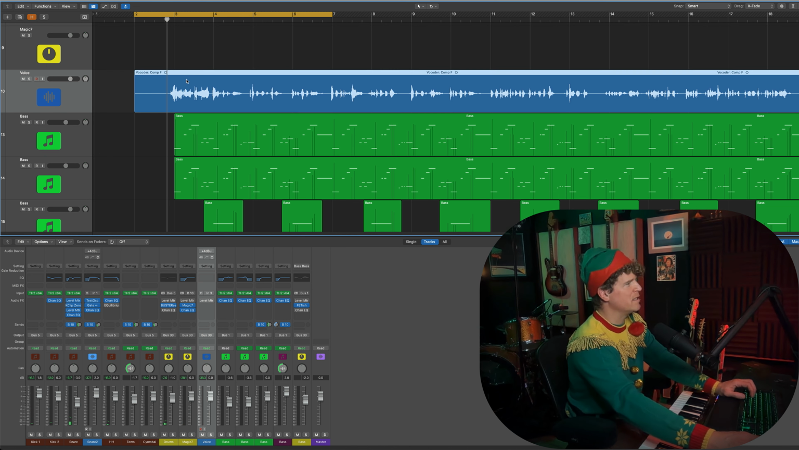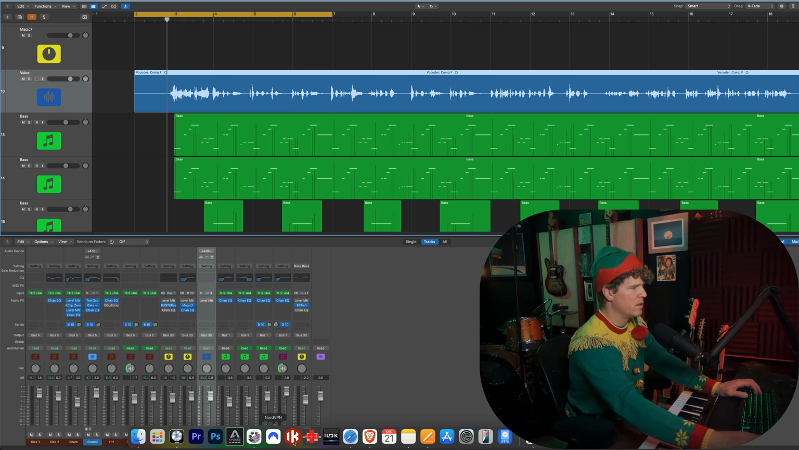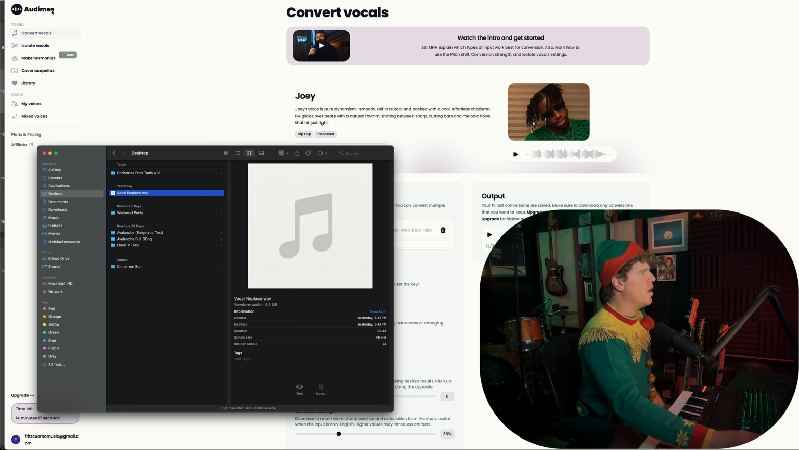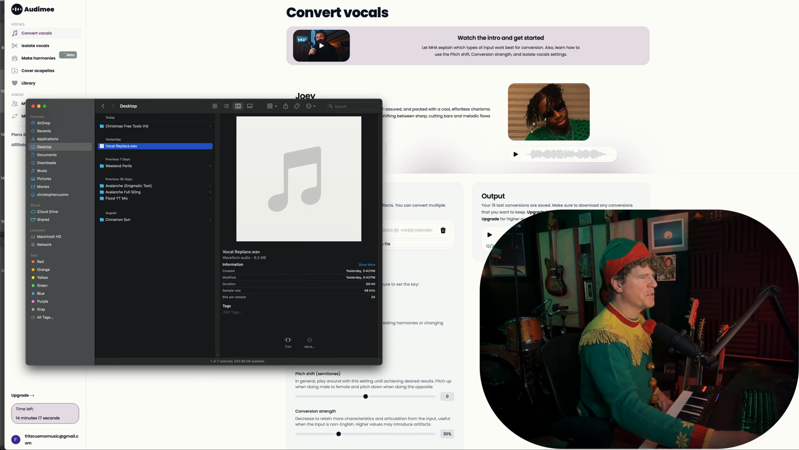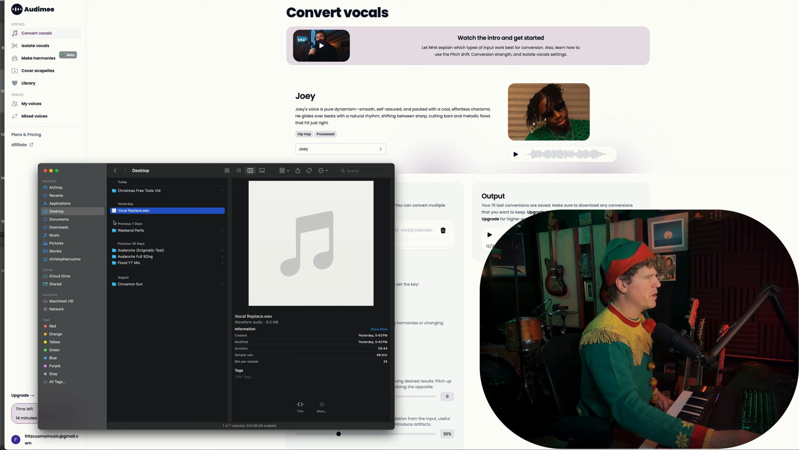Okay, so I'm going to take this file, export it into a WAV file, and then upload it onto this website. So let's do that. Okay, so here's the site. It's called Audimee, and it actually did a really good job. There's a page where you can just literally take the file that you want to replace and dump it in,